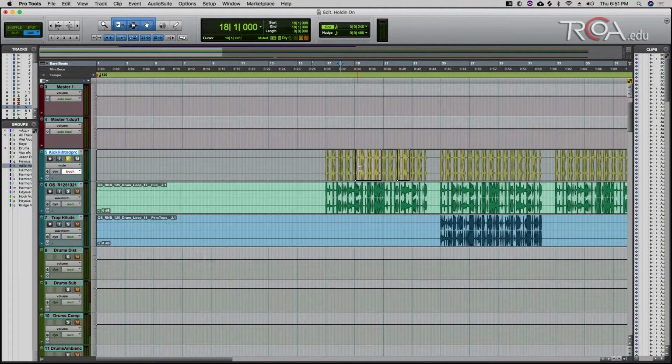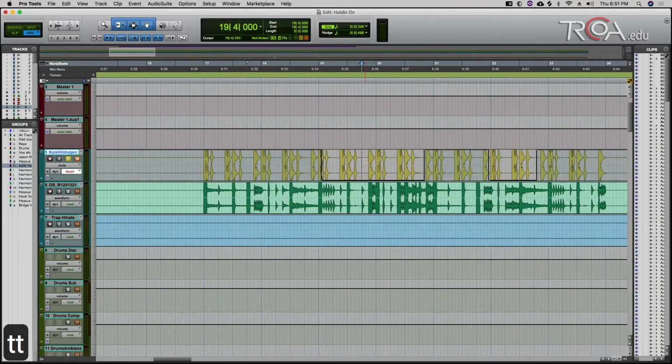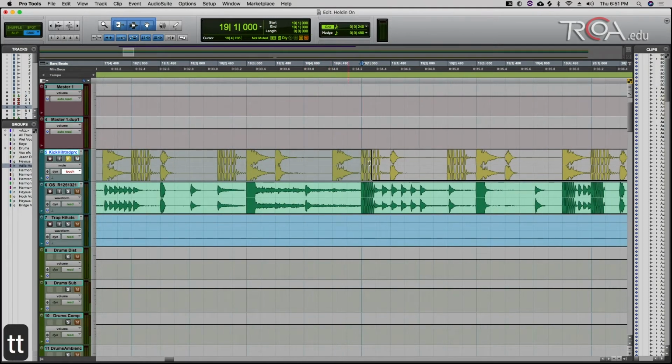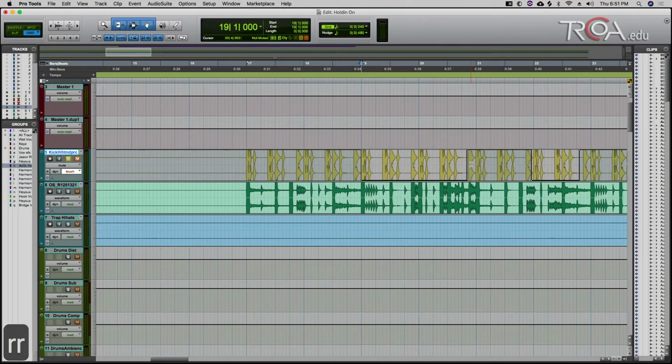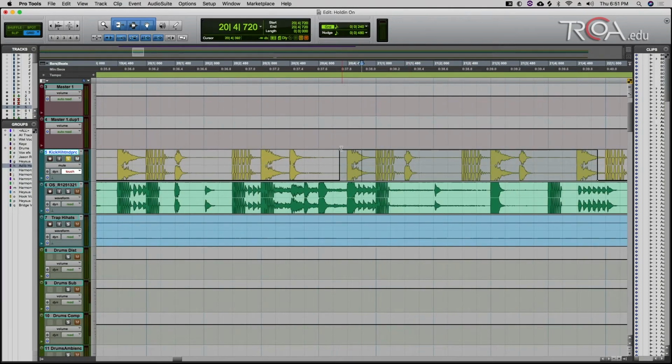So most of the time when I'm dealing with automation and I'm trying to do these kinds of things, I'll probably use features like the touch feature. But if I have to be more precise, for example, let's say I wanted the mute to happen right at the beginning of this, to cut off the loop right on the 1, then I'd go back here, move it to the 1, and go back here, move this to the 1,